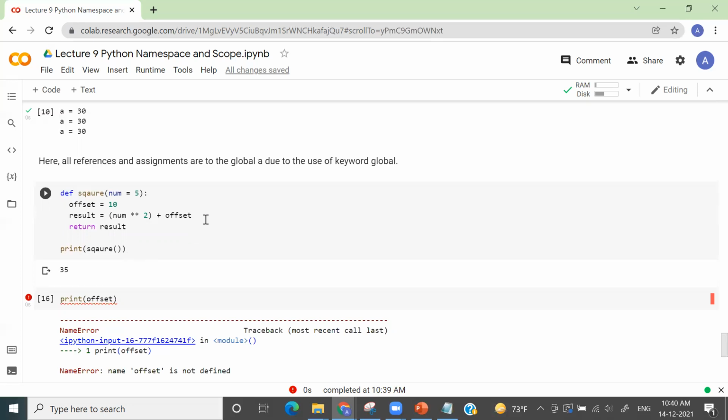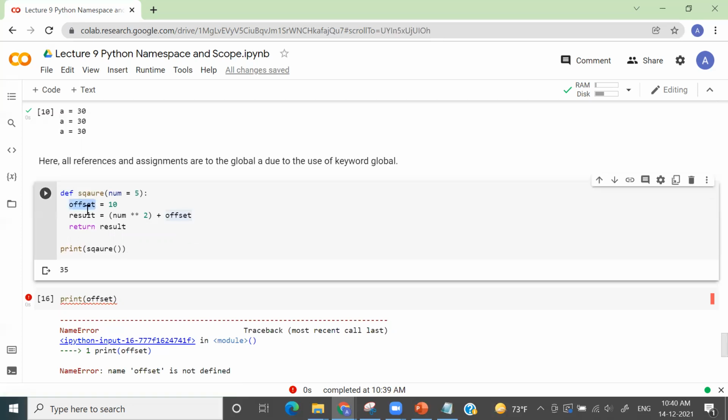Since we have defined this variable offset within this function square, its presence is only felt within this function. The moment we leave this function, Python will say I don't know offset. Since you have defined this variable within this function, its existence is there within this function only. If we call this variable from anywhere beyond this function's scope, it will say that I don't know this variable.